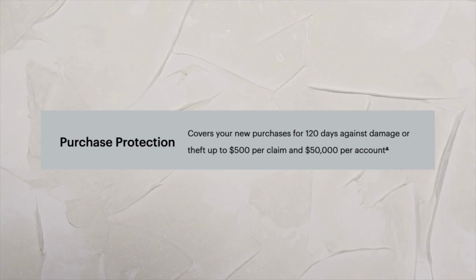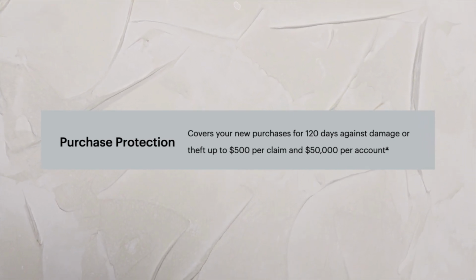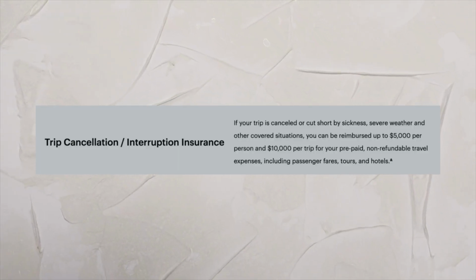And finally, to top the card off, it does come with some purchase protections as well as some insurance coverages. So the purchase protection with this card actually covers a new purchase for 120 days against damage or theft up to $500 per claim and $50,000 per account. As for the trip cancellation and interruption insurance, this is if your trip is canceled or cut short by